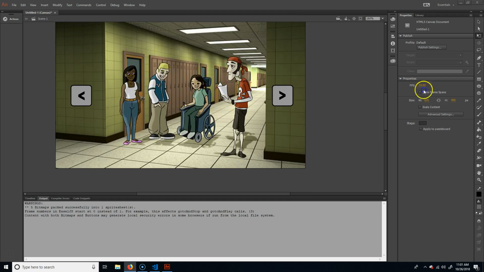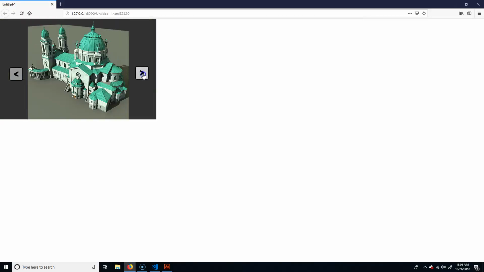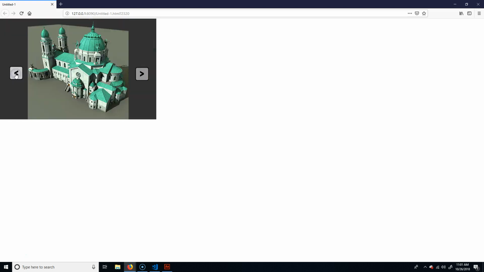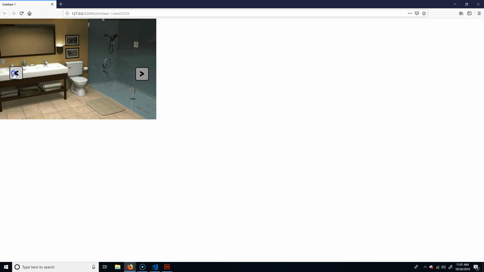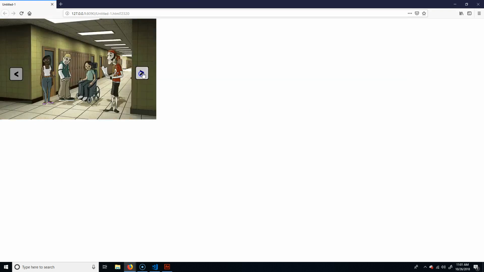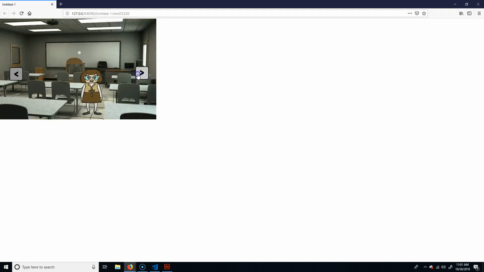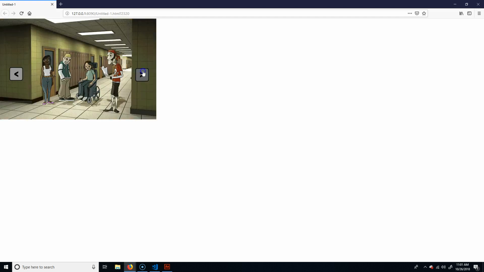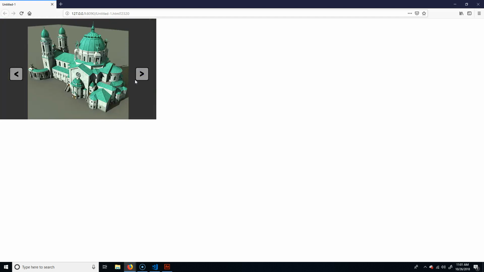Okay, and it's over here, of course. And now if I click, you can see it goes like that, and if I go this way, it'll go in reverse. And you'll notice that when I get to the end, this was my first frame, it will automatically know to go to the last frame. And then we've made a slideshow. You can make your own custom buttons and all sorts of cool stuff. I'll do one more video after this one, just to show you how you can animate each image popping up. Might be cooler to do. But for the most part, this functions